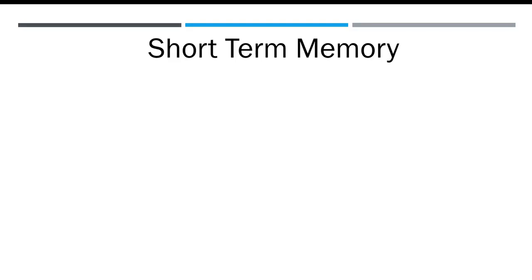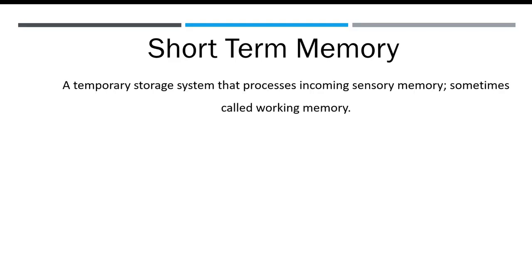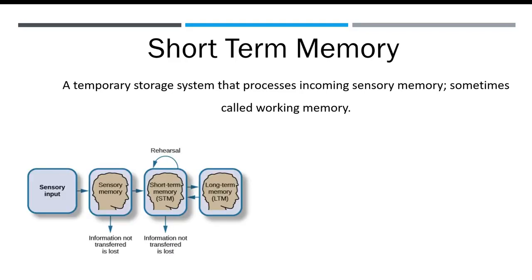And then once we're able to attend to sensory information, we can then translate that information to short-term memory, which is a temporary storage system that processes incoming sensory memory, and this is sometimes called working memory. Short-term memory takes information from sensory memory here, and sometimes connects that memory to what we already have in long-term memory. And short-term memory storage lasts about 20 seconds or so,